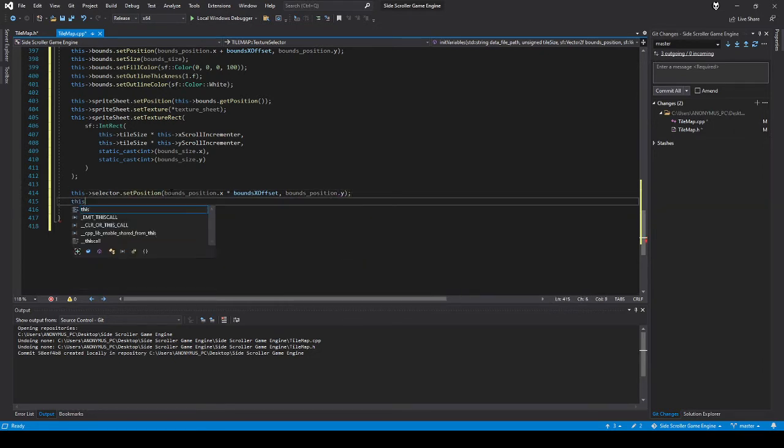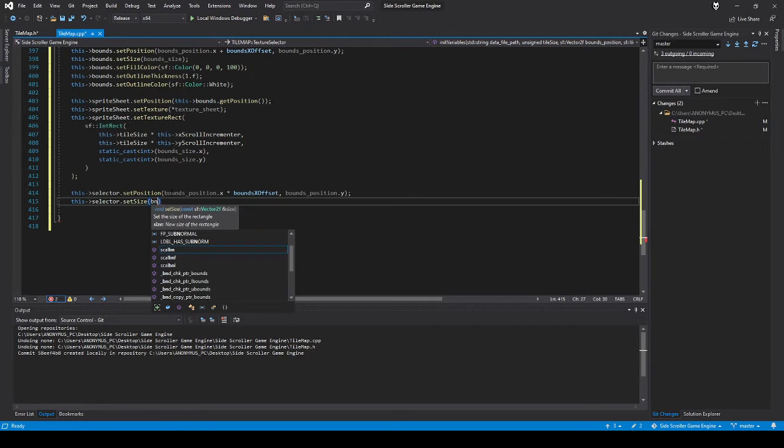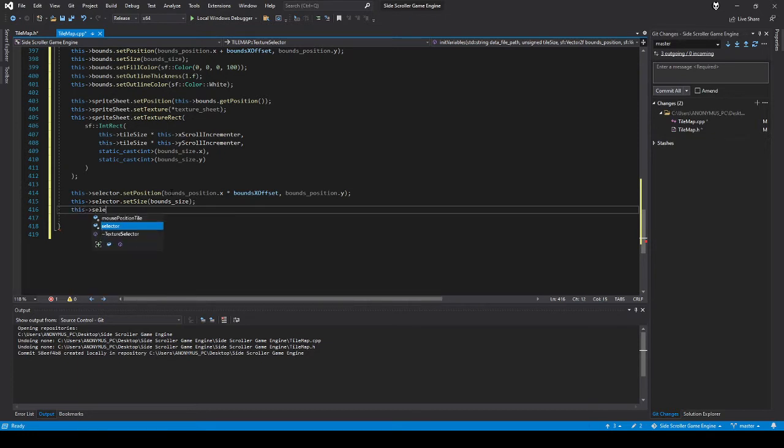That's fine. This selector size bounds size. This selector set fill color is transparent. This selector